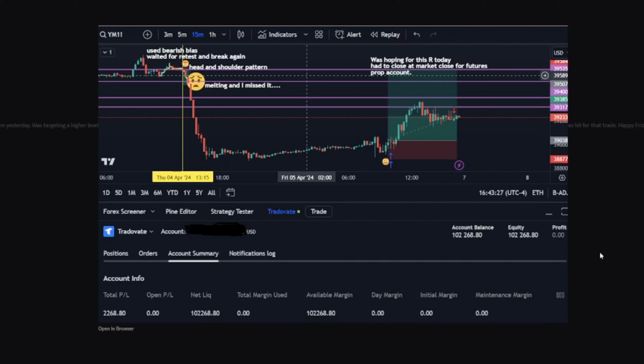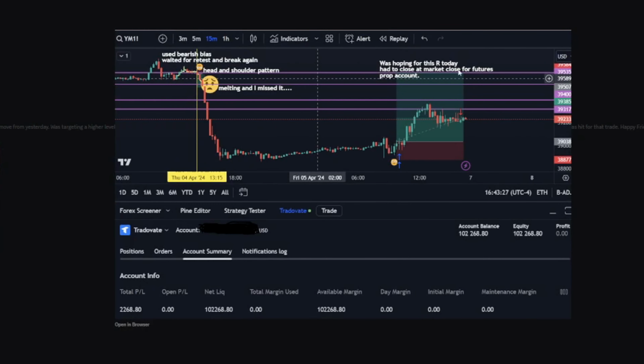So I had started a new challenge account with them for my second challenge, trying to get another 100K capital with Apex, actually looking to target this top level, and that would have given me the 6K that I needed to pass it for the day. So I didn't get it. That kind of sucks because the market closed, and with futures, you have to close it, even though I didn't really want to just then. But I did have to close in profit wherever I was at towards the end of the day,